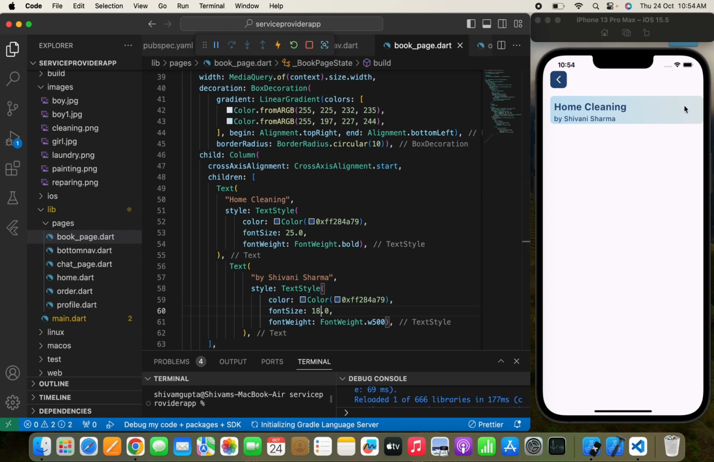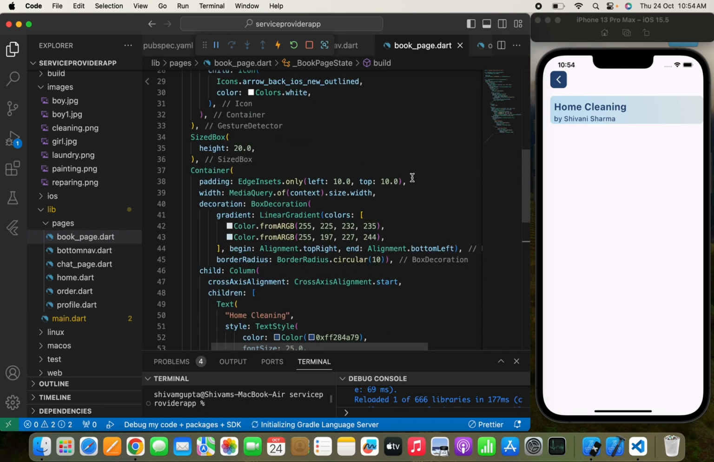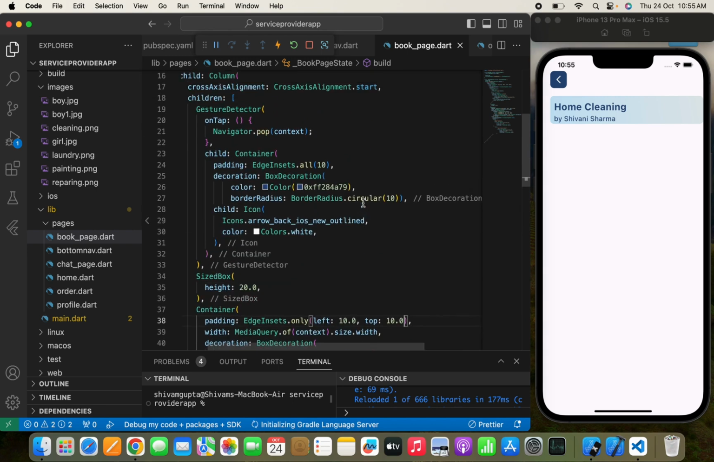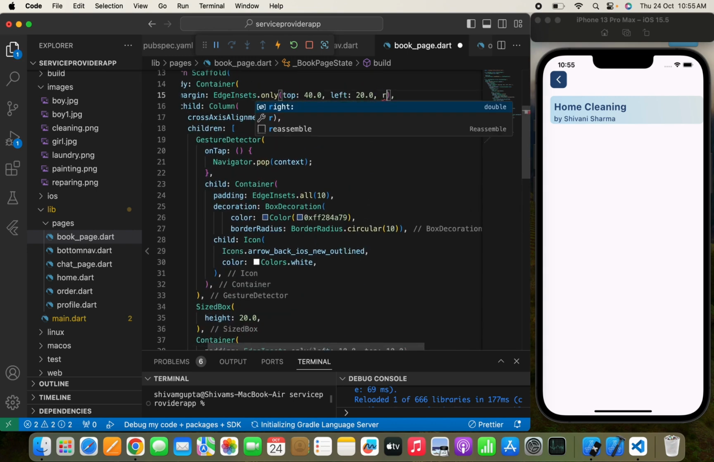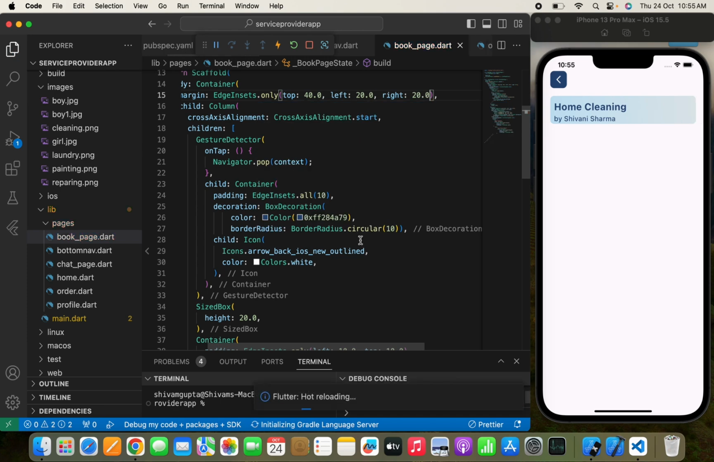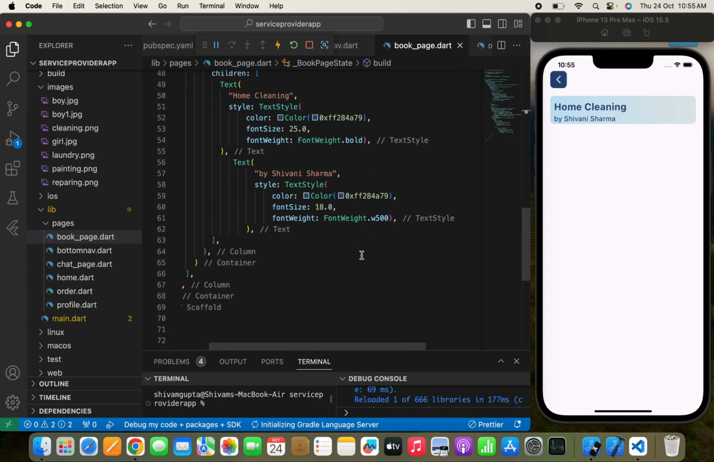Now after this, I need to show the hourly charge that they are charging. So for that, first I need to pass some margin so that this container won't get stuck to the right side. So I will simply pass a margin. So let's pass the margin over here. So we'll write right 20.0. Yeah, now here I need to pass